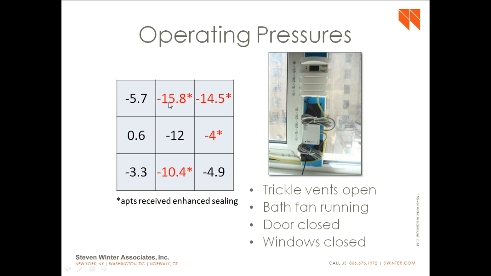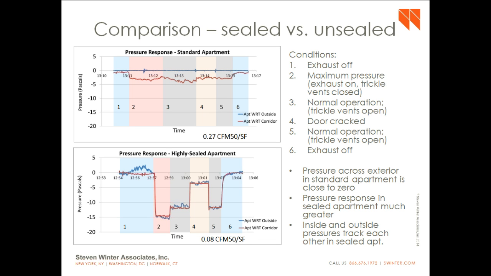when we did this single point test, the sealed apartments were able to develop a much stronger negative pressure than the unsealed apartments. So when we do this test, the trickle vents are open, the bath fan is running, exhausting air, and the apartment door is closed tightly, and so are the windows. So this picture on the right shows a data logger that we use to monitor these pressures over a couple weeks' time. So hopefully we'll get some more data here to confirm this suspicion that tight apartments can hold pressure